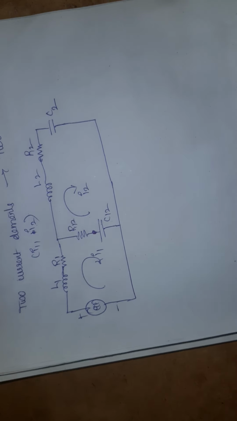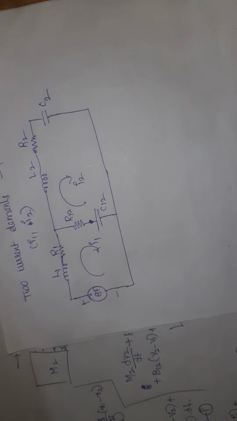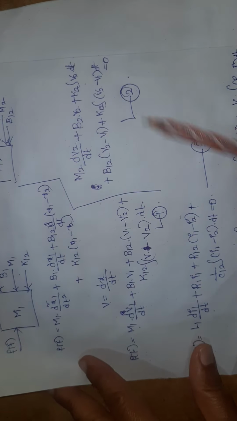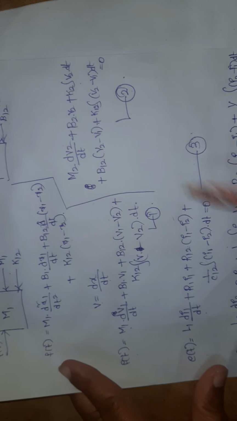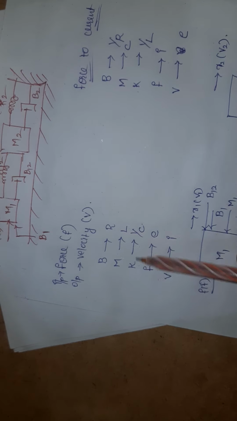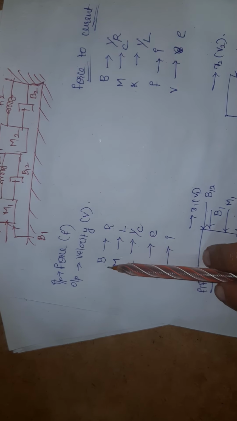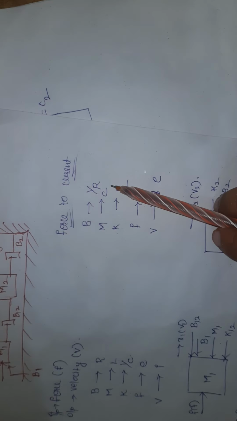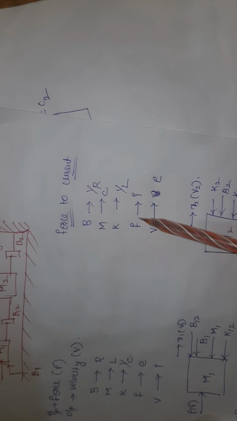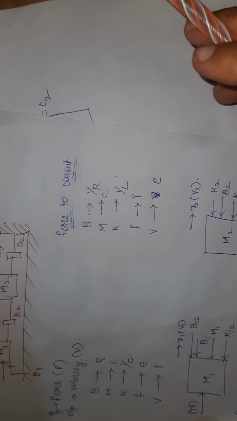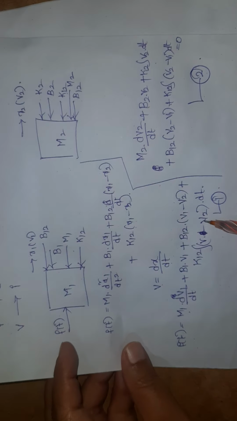Okay. So how to get force to current analogy? So from equation 1 and 2. In the previous session, to draw force to voltage analogy, we replaced the left variables with the right variables. This is force to voltage analogy. So to get force to current analogy, we have to replace these B, M, K, F, V with these elements. So directly you will get force to current analogy. So this is the equation 1 I am having.